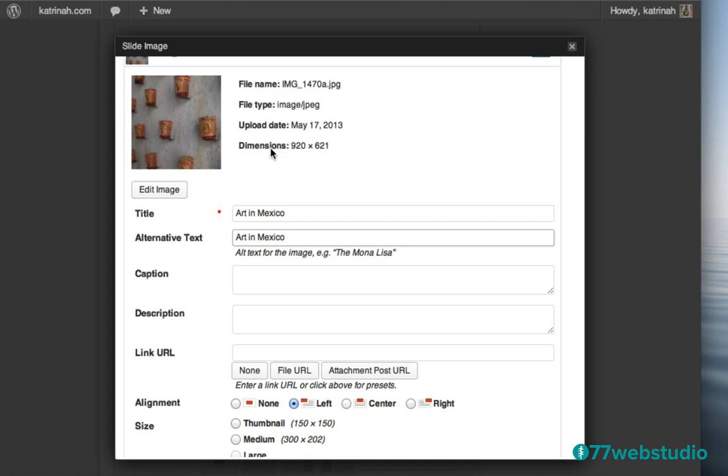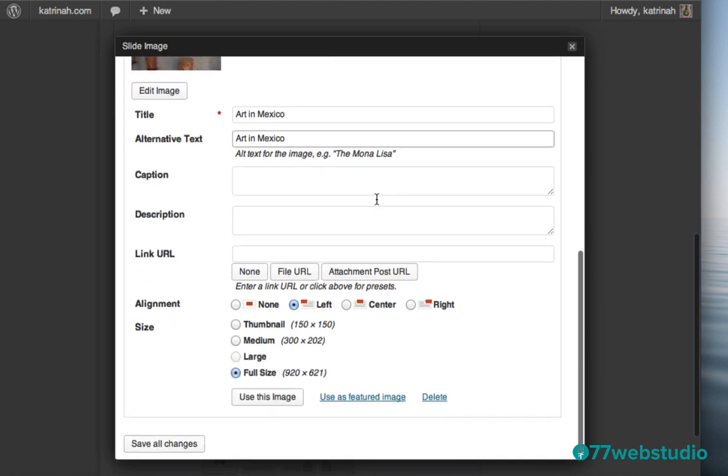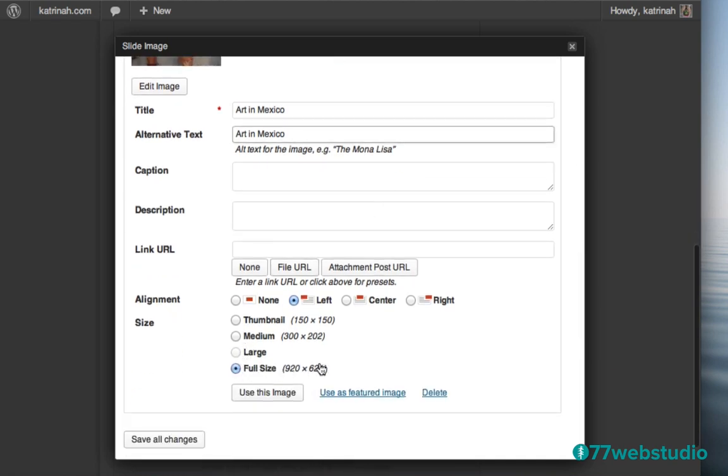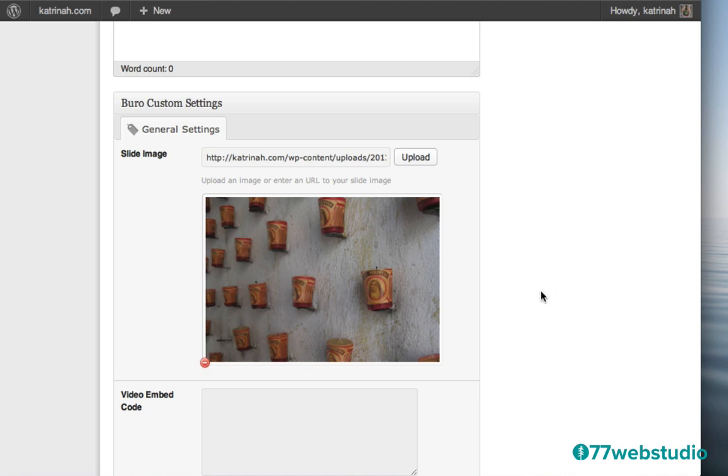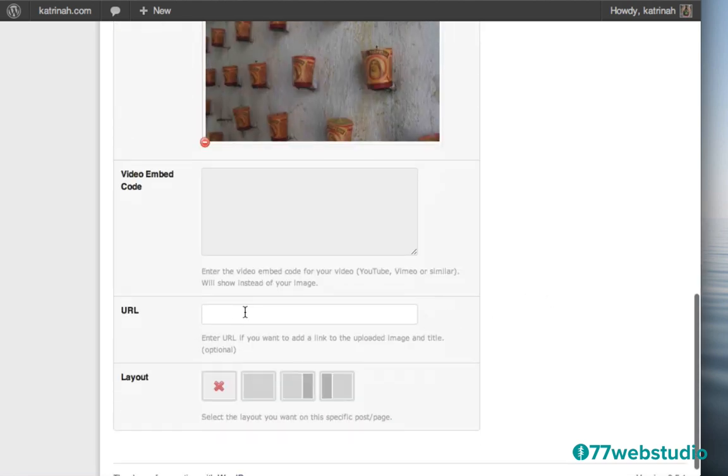Now note that the dimensions now are a little bit less than they were in the previous example. The other one was 1000 wide. This one's 920. I think this should be okay, so I'm going to keep it like that, 920 by 620. That should be okay as well. So then once again, I'm going to scroll down, make sure the full size is selected, 920 by 621, and then I'm going to click on Use this image. And here we have the image displayed. So once again, if you want to add a URL to this particular image, feel free to go ahead.